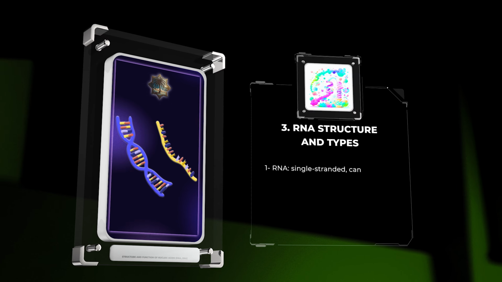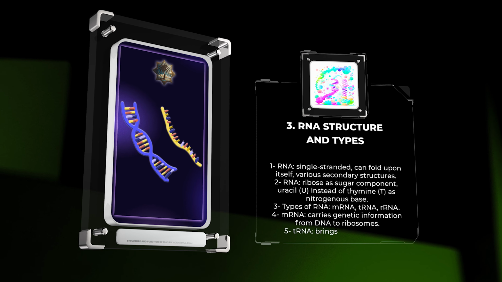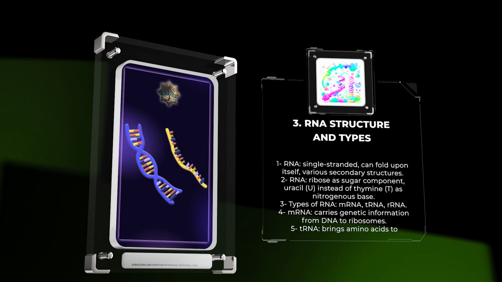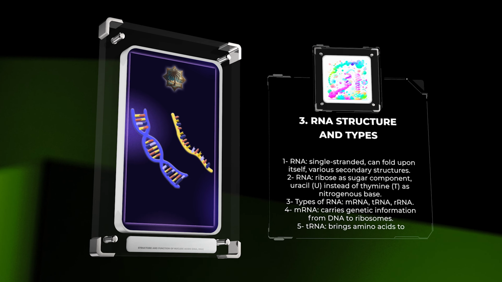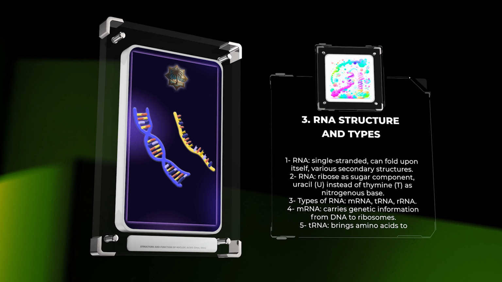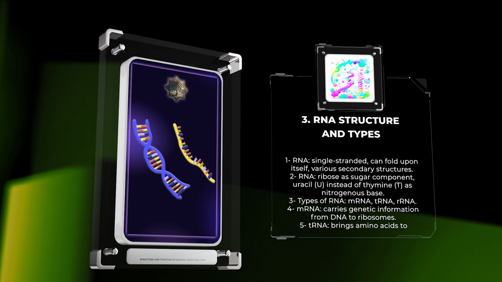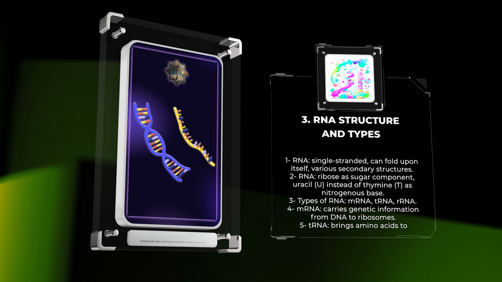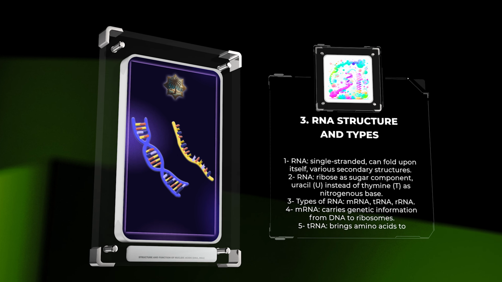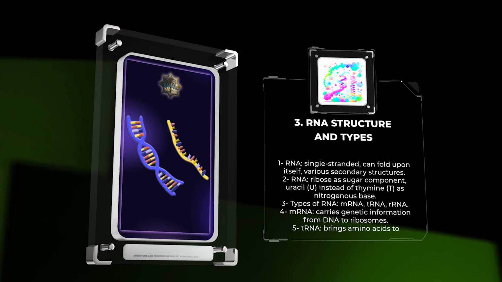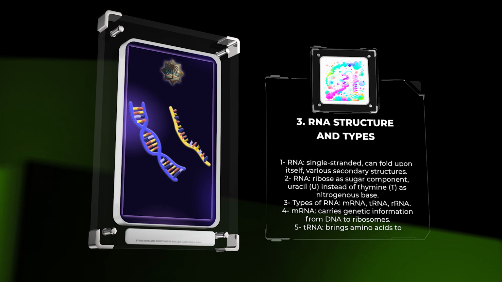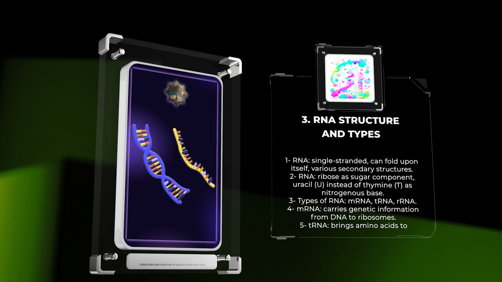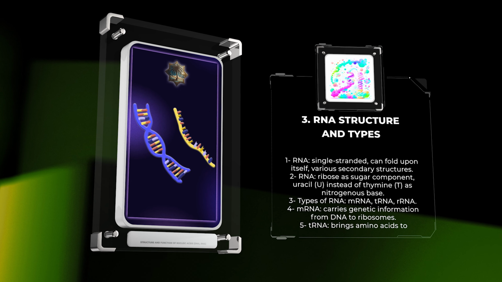next. RNA, on the other hand, differs from DNA in both structure and function. It is typically single-stranded and can fold upon itself to form various secondary structures. RNA also has ribose as its sugar component and uses uracil, U, instead of thymine, T, as one of the nitrogenous bases. There are several types of RNA with distinct functions, including messenger RNA, mRNA, transfer RNA, tRNA, and ribosomal